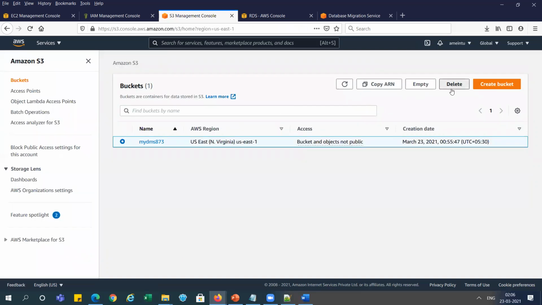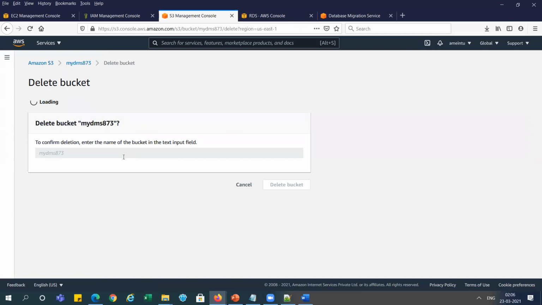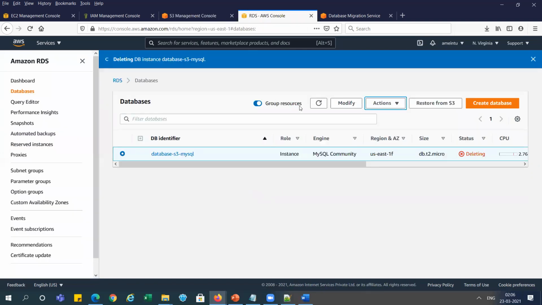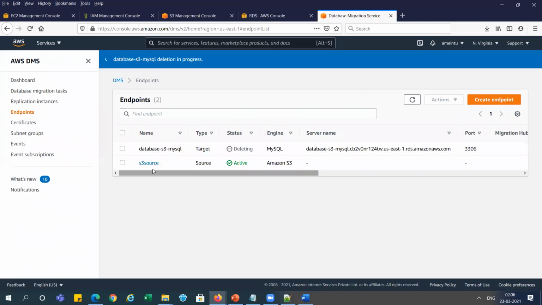Now I am going to delete it. It is taking time, right? So we need to open it in another window. Meanwhile, just wait, because references are still being used here. So I need to delete the source, then we will go and delete the bucket name, right? So just wait here. It is still going on.